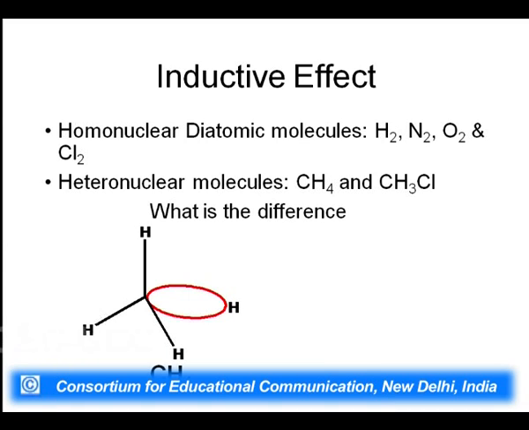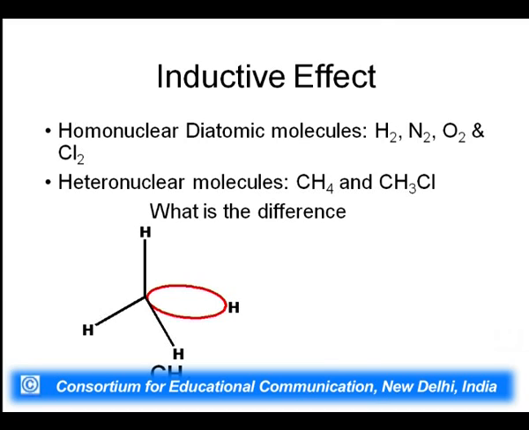I have depicted one CH bond in red, and the electron density is shown as an elliptical, molecular-orbital kind of thing. All four bonds are like the one given in red, the CH bond. So, if we say that the two electrons between the carbon-hydrogen bond are equally shared between carbon and hydrogen, I have placed the ellipse such that